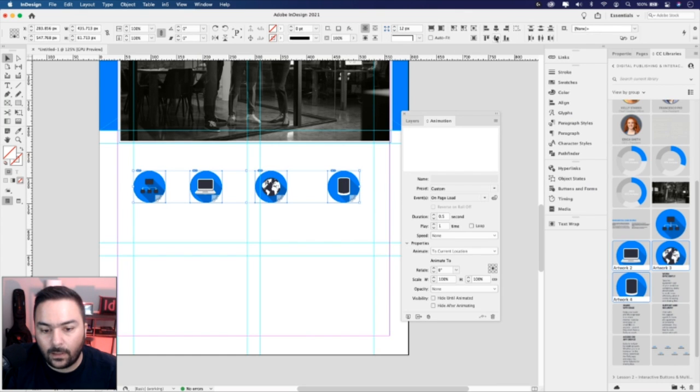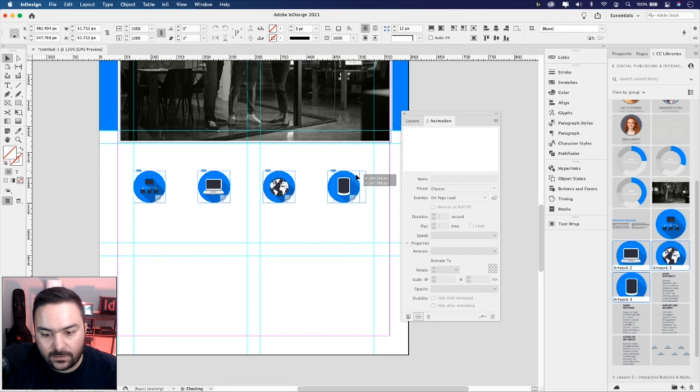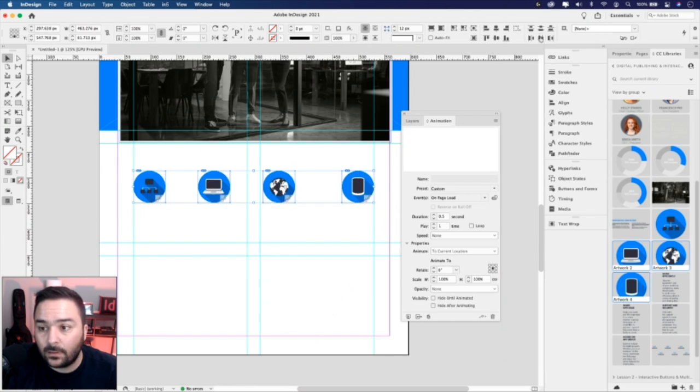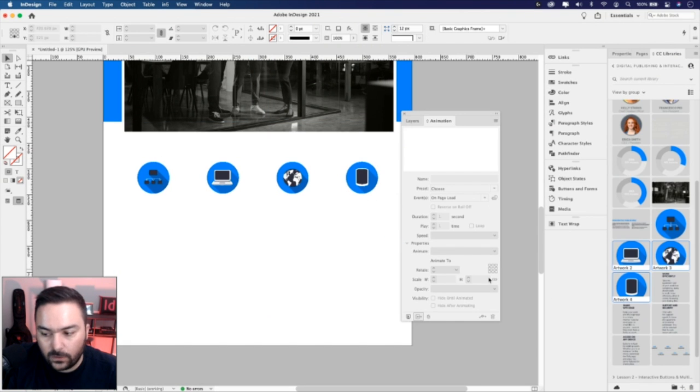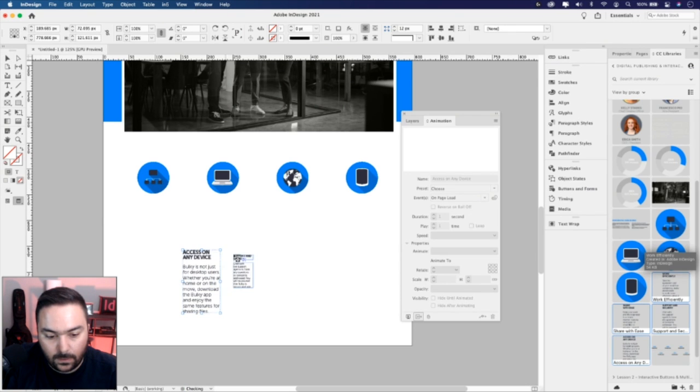Let's make sure that they're aligned properly and distributed properly. And I want this last one to go on the very right edge. Now let's distribute them. Perfect. So that's good there. What I'll do now is bring in the 4 pieces of information, and I'll drop them right underneath.